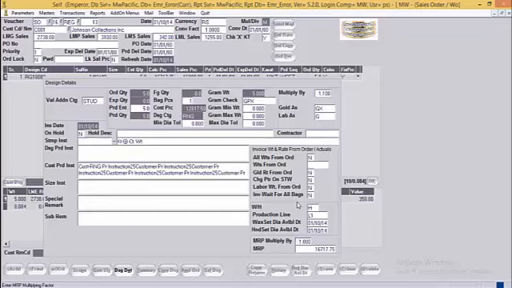The MRP multiply by factor, the default for this gets copied from the order detail button. Next is the MRP, after applying the MRP multiply by factor, the corresponding MRP for the given design. Next is the quantity fields. Here there are various quantity fields which we need to understand in depth.